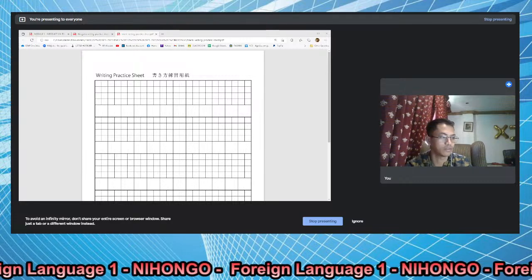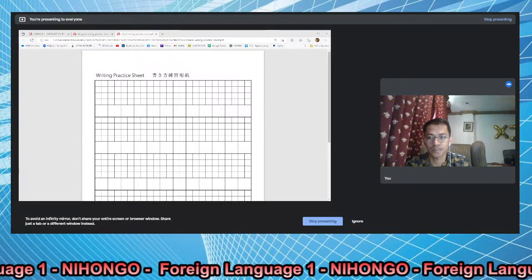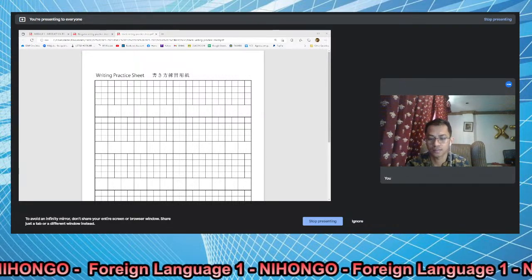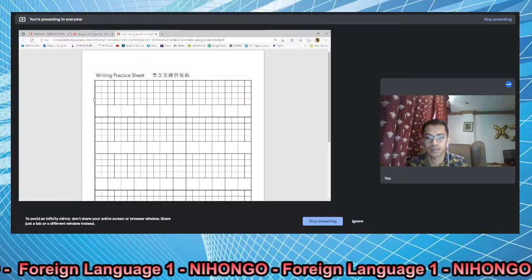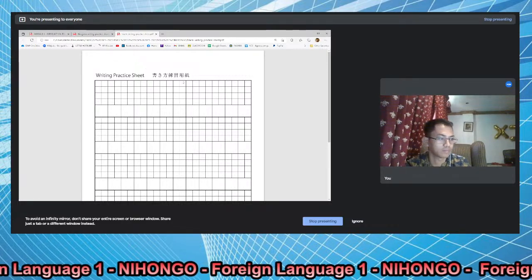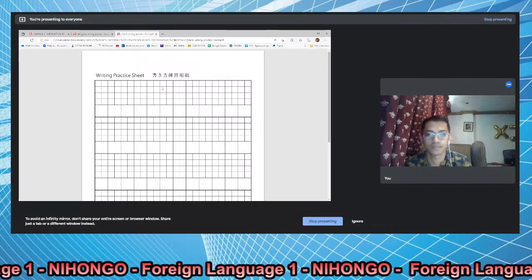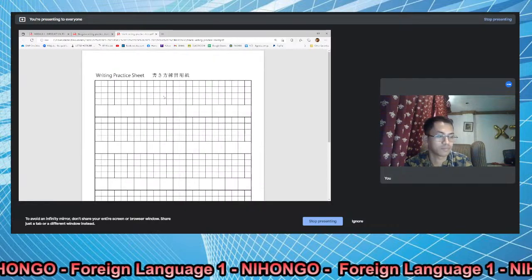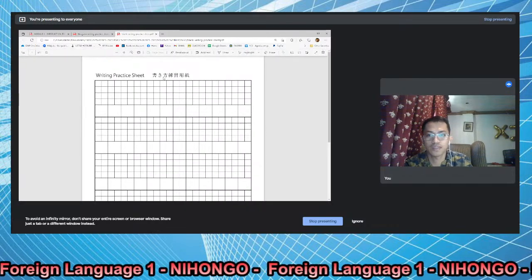So on your Hiragana practice sheet, on this practice sheet,